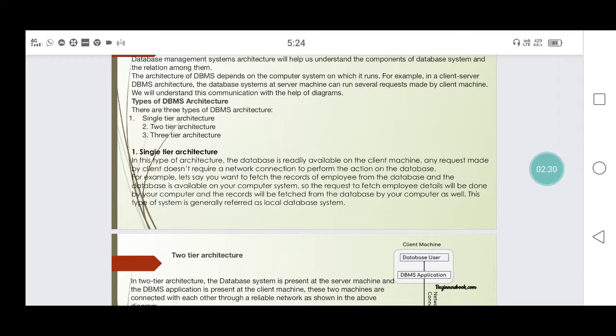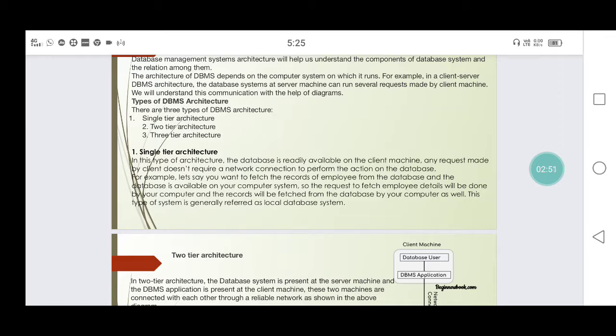So this means you can fetch the records of employees from your database. You can create the database table for employees and also enter the records into the employee database. Then you can fetch the records from that database.